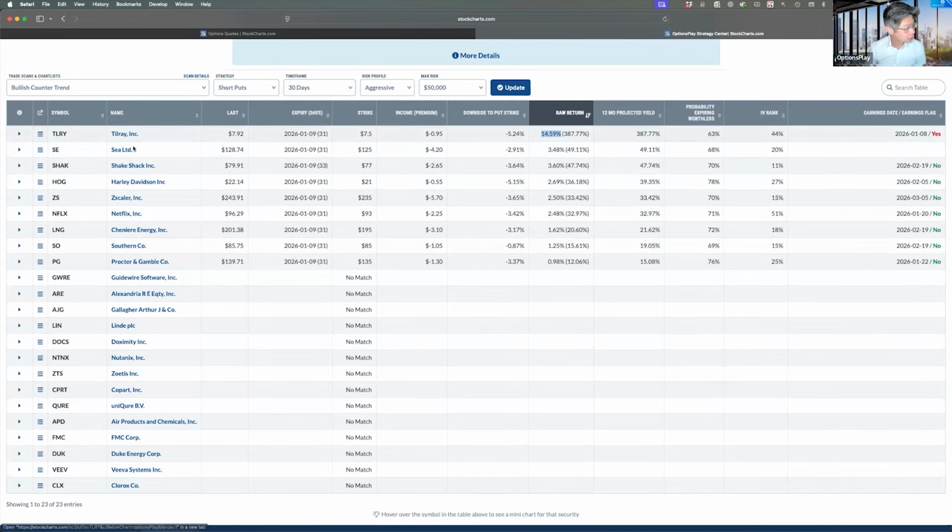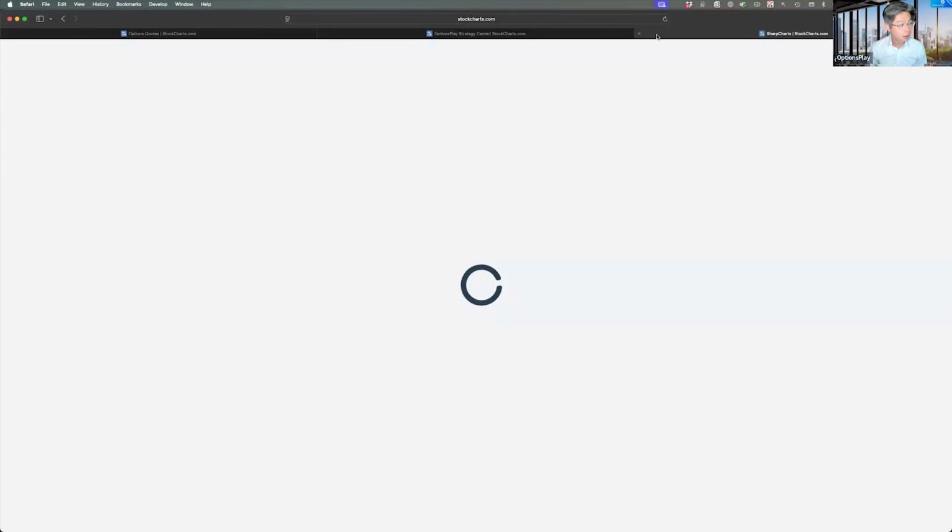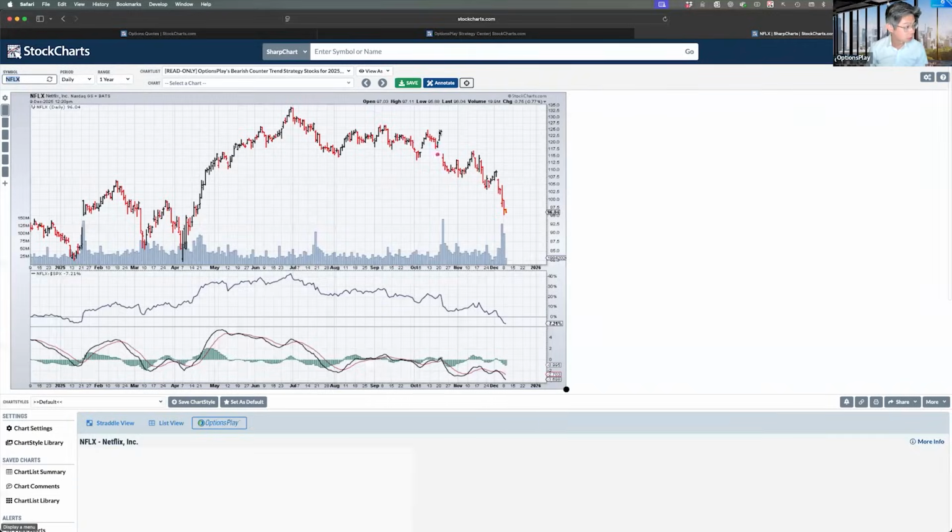So I'm just looking at this list here real quick. And the first one that kind of pops up is one that we just spoke about before, which is Netflix, right? Let's just take a quick look here at Netflix. I'm just pulling up a chart here. And as you can see, this stock was a $125 stock a couple of months ago. That's now traded down to 96. So the stock is, from a technical perspective, oversold by most measures